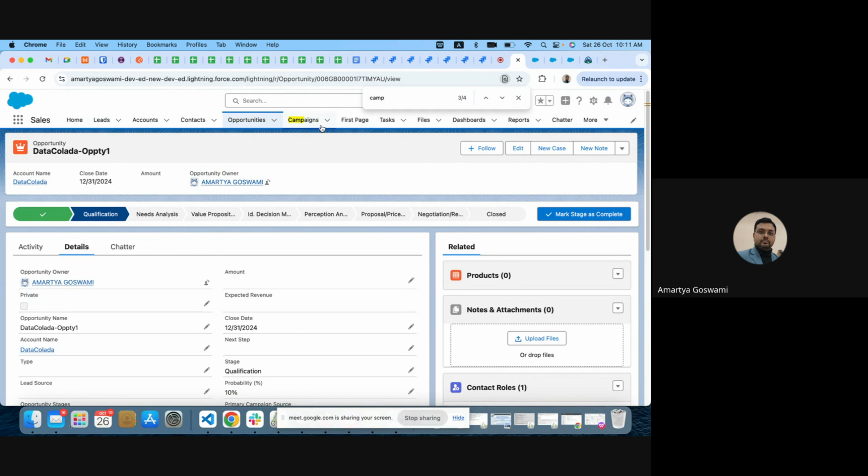So first, whatever we have discussed today, we have discussed how we can go into standard objects or custom objects, how we can create fields, how we can add those in page layouts, and how we can add those in the lightning record page, how we can do lightning record page configuration as well. Now along with this, we need to complete